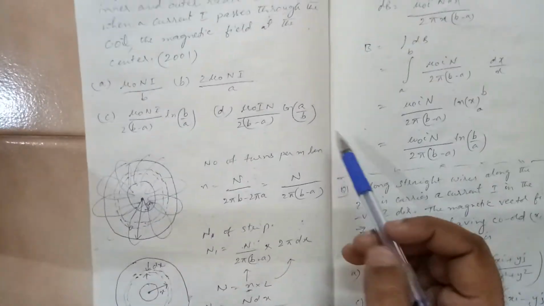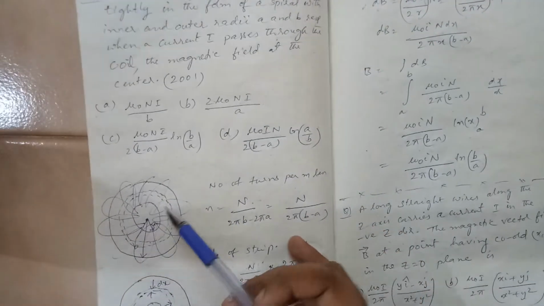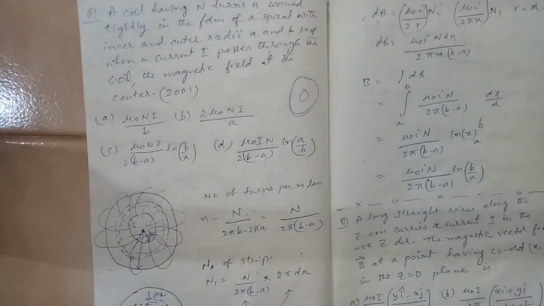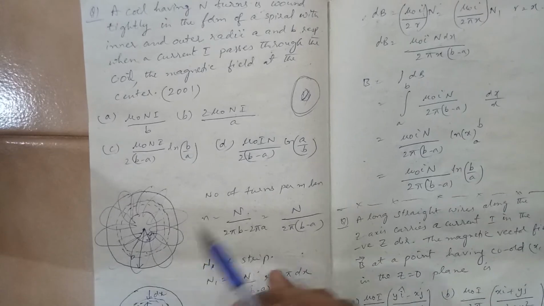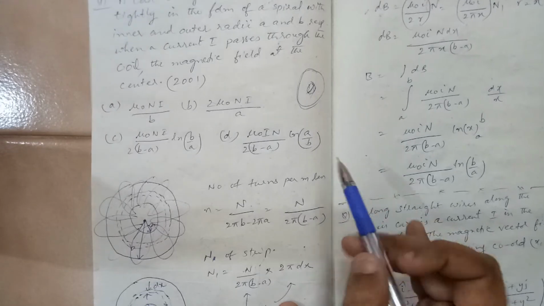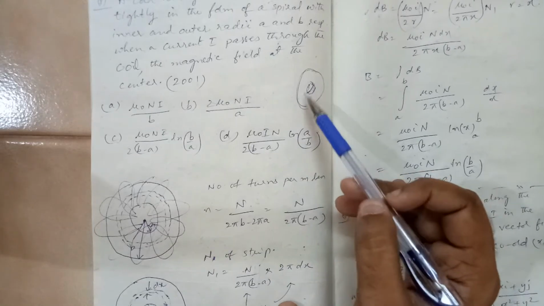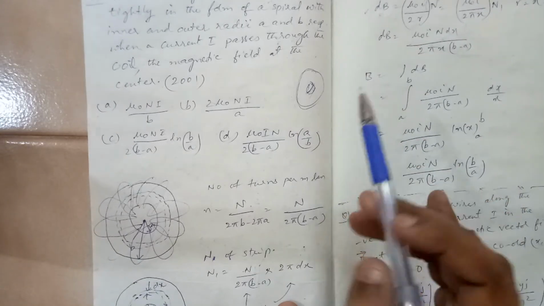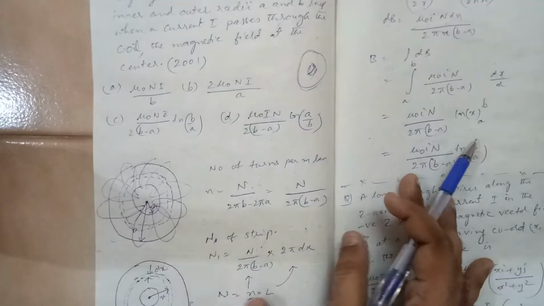So here what they are saying is, you have a huge coil of n turns and they have been wound in such a way that you have like a donut shape kind of a thing. It is hollow in between. So it is complete winding. It has been wound in such a way that this inner circle and outer circle has been formed. Now this has been done purely by the winding of the wires. You have not taken any circular ring kind of a thing to which you have wound it. Both are two different things. You have purely taken the wire and you have wound it. The inner radius is A and the outer radius is B.